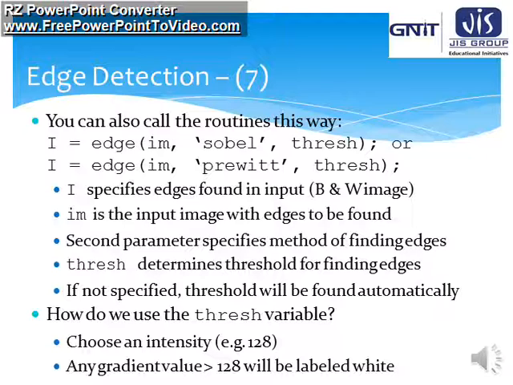How do we use the threshold variable? Choose an intensity, suppose 128. Any gradient value greater than 128 will be labeled white and all others will be labeled black. So this is the purpose of using thresh, or threshold.